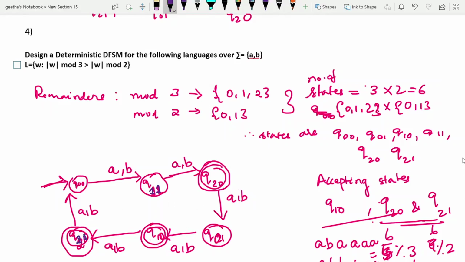So this is about the DFSM for the language over sigma equal to a comma b, such that length of W mod 3 greater than length of W mod